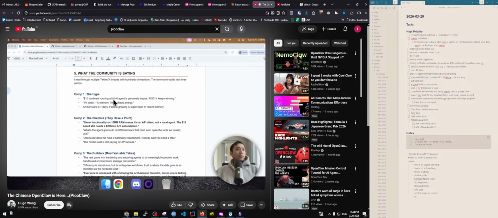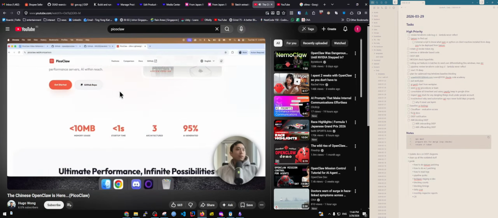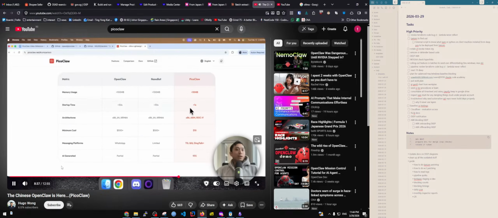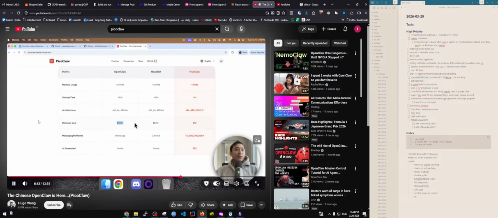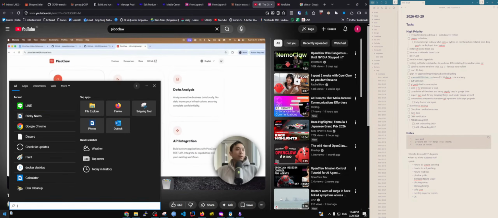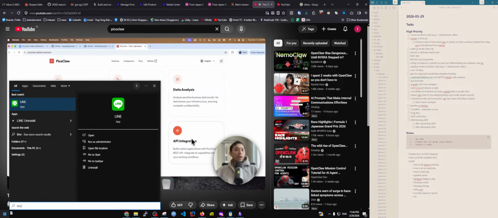So let's take a look at what the community is saying as well. We can also take a look at PicoClaw's website here and take a look at the comparison. Pretty much what we went through just now, less than 1 second to start up, while OpenClaw is around 30 seconds to 500 seconds. And they say the minimum cost is 500 plus for a Mac Mini, but you do not need to use a Mac Mini to start OpenClaw. And here are a few use cases you can use for PicoClaw. It has code assistant, content creation, API integration. So if you're just using some basic API